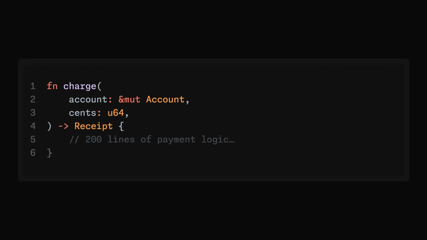In Rust, function signatures express more than just types. They express how memory is used. And this has a huge benefit. All the information the Rust compiler needs to ensure memory safety is written in the function signature. This means the Rust compiler does not need to read the function body, which makes compilation faster. But that same rule has a cost, and this is the exact thing that makes people fight the borrow checker.